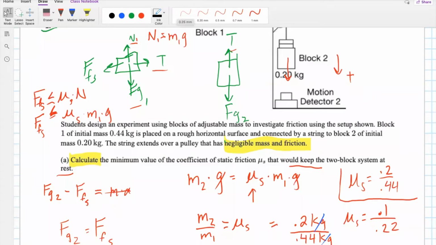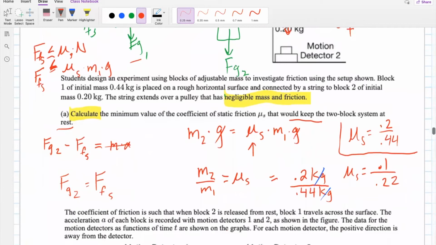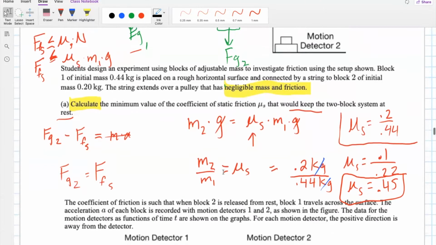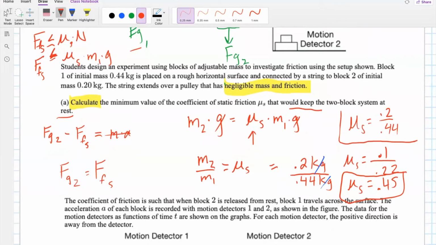Yeah, 0.454545. Okay, so I think I said 455. Sorry about that, but yeah. Okay, so mu s comes out to approximately 0.45 repeating. And I do apologize for the sloppy handwriting. I'm still getting used to writing with this latency and this setup, but hopefully it's not too much of an